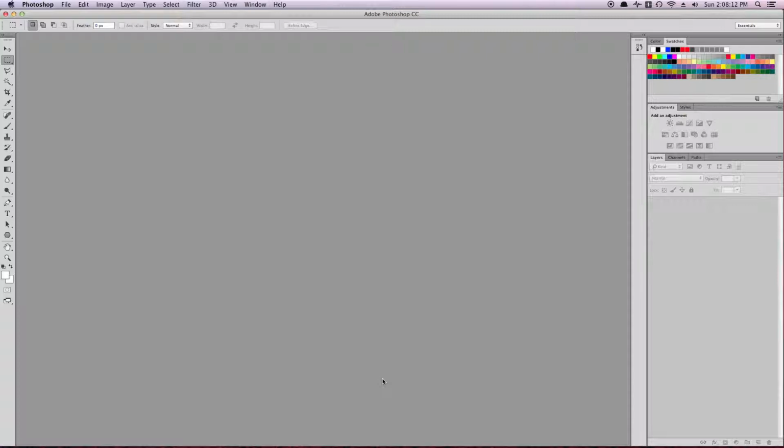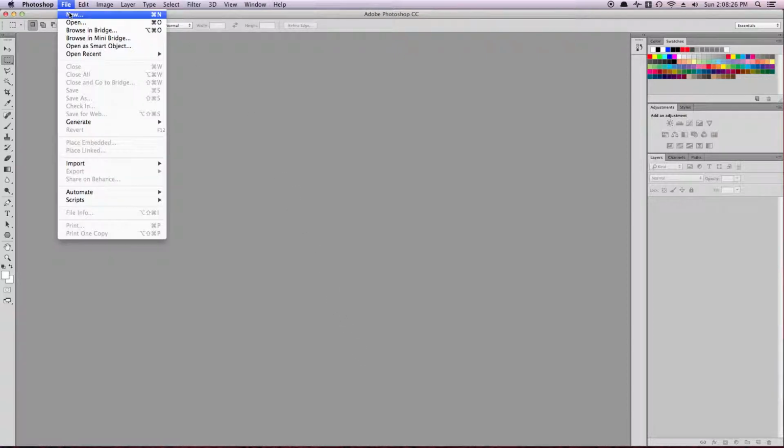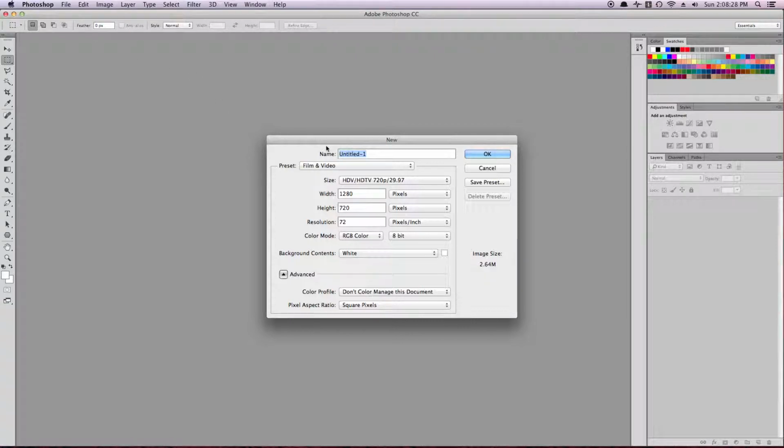So in this one, we're going to go over a couple basic things like creating new documents and a quick introduction to layers and how they work. So, step one, we're going to head up to File and then click New or press Command or Control N